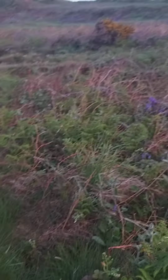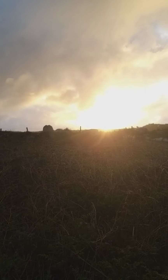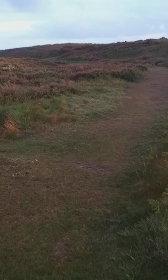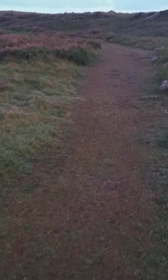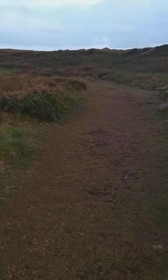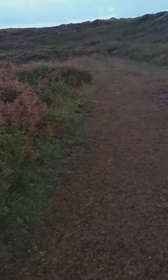Right. Oh, I've just got to show you, and you might be a bit blinded, but look, look, look. Can you see the sun? It's popping out to say hello. Right. Let's go down onto the cliff. Oh, maybe the rain will stay away after all. So we're coming down to the coastal path. Well, we're on the coastal path, but...